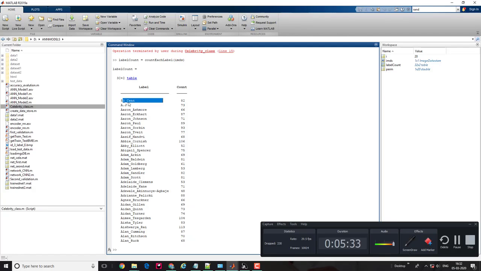So here I have 50 Cent, AJ, Aaron, Jason, and corresponding to each sample, how many input images there are. Each subject has a different number of images, like 50 Cent containing 82, Adam Arkin containing 69, and so on. As well, I have another 13 samples to train with.